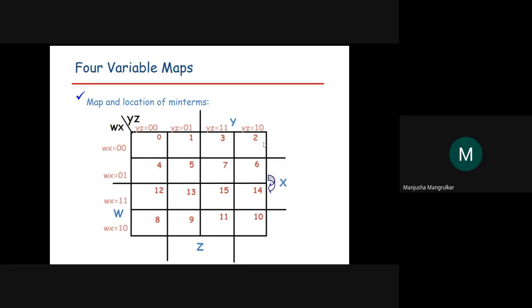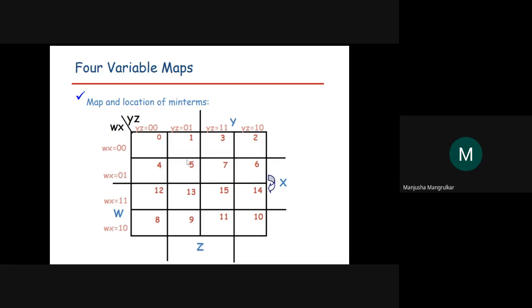This is 0 1 2 3 4 5 6 7. Here then 8 9 10 11 and 12 13 14 15. This you have to remember, because this is 1 1, it comes here. As we are skipping 2 and then 3, the same as here 8 9 10 11 and 12 13 14 15. This chart you have to remember, and as per the truth table you have to fill up your value, and then you can do the grouping of that value, right? So this is the way you have to remember that.